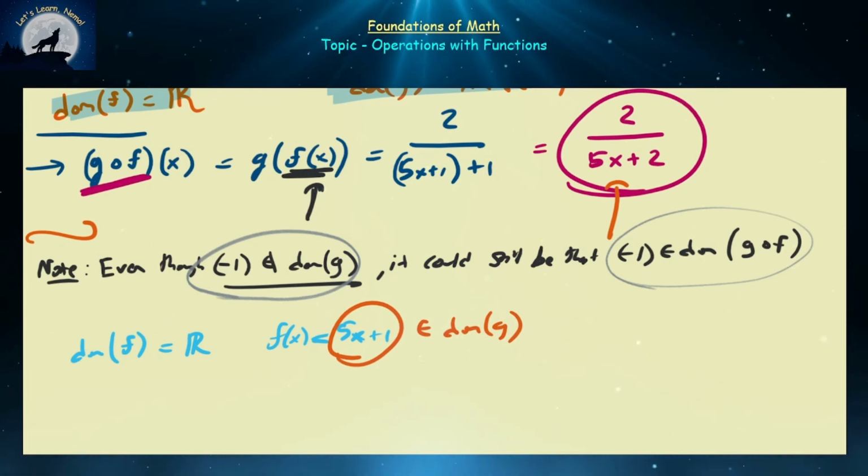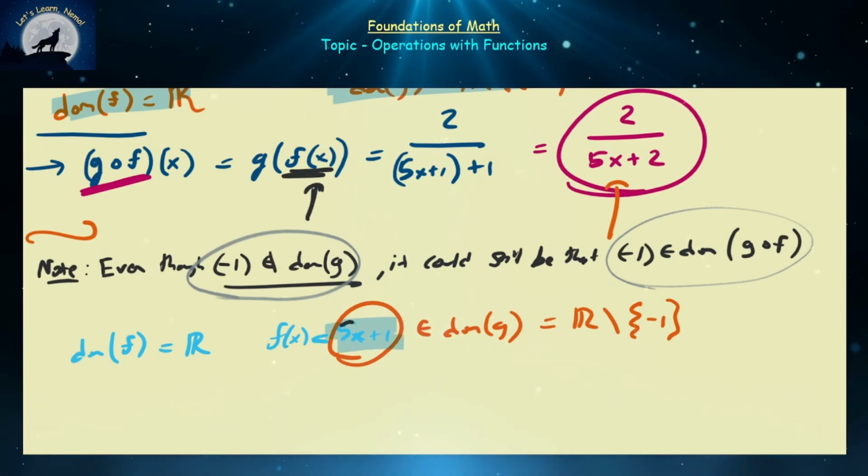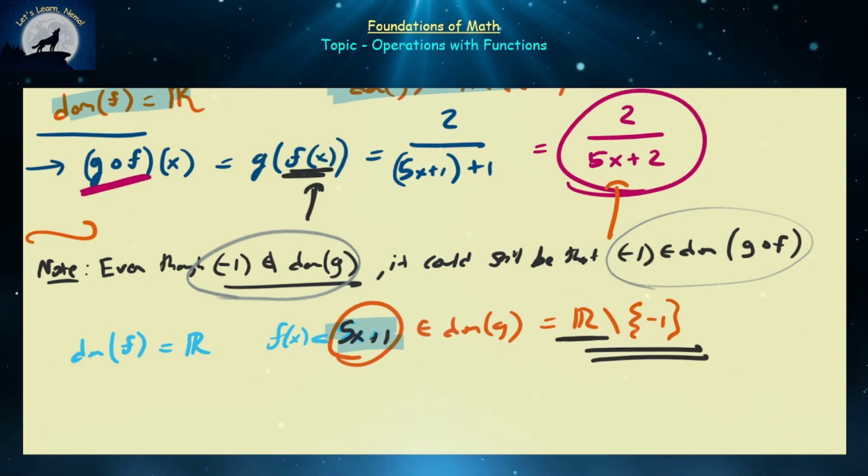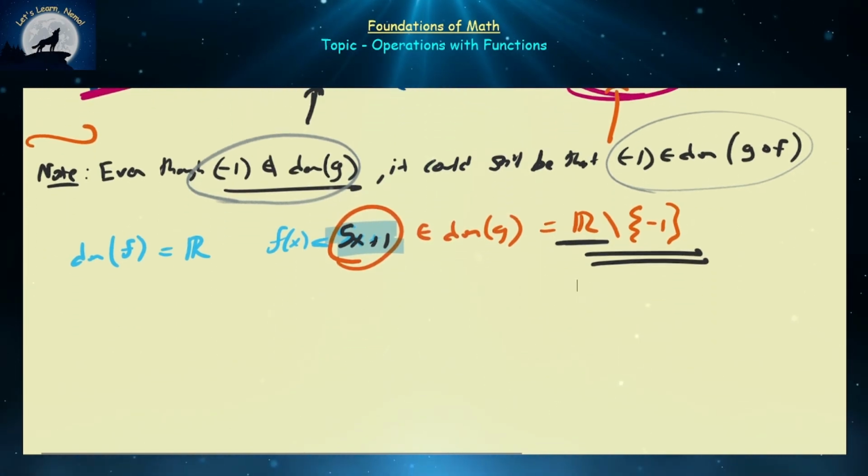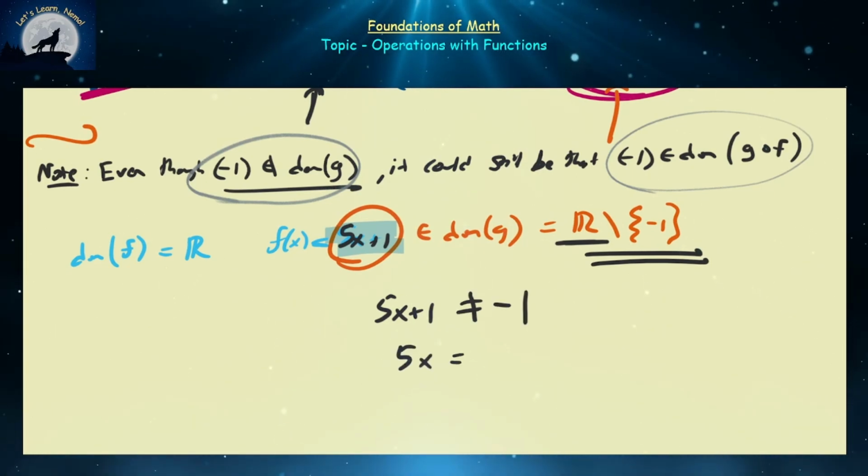But what is the domain of g? Well, g has all real numbers, so that's going to be the set of all real numbers except for -1. So that means this object, 5x plus 1, can be anything except for -1, right? So what x value is the only thing that violates that? So 5x plus 1 can be anything except for -1. So if we subtract both sides by 2, we get 5x is not equal to -2, which means x cannot be equal to